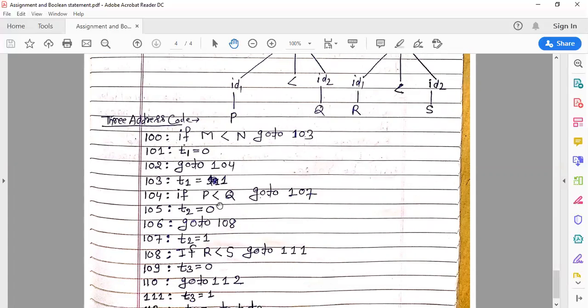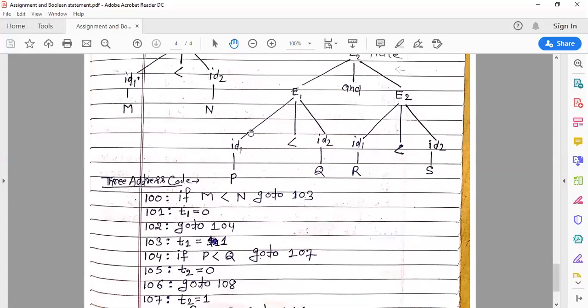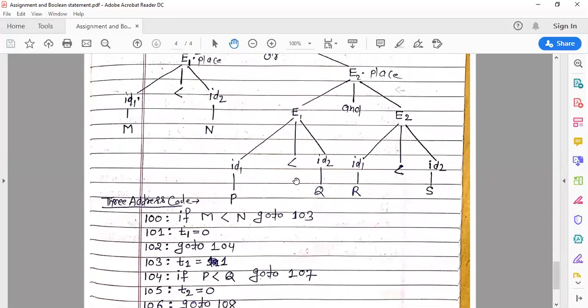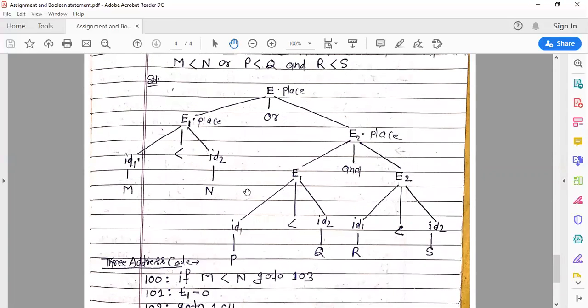So if M less than N is not true, then control goes to 101, t1 is equal to 0, and next 102 go to 104. So 104 has, now you can see here again, ID1 less than ID2 reduced by capital E.